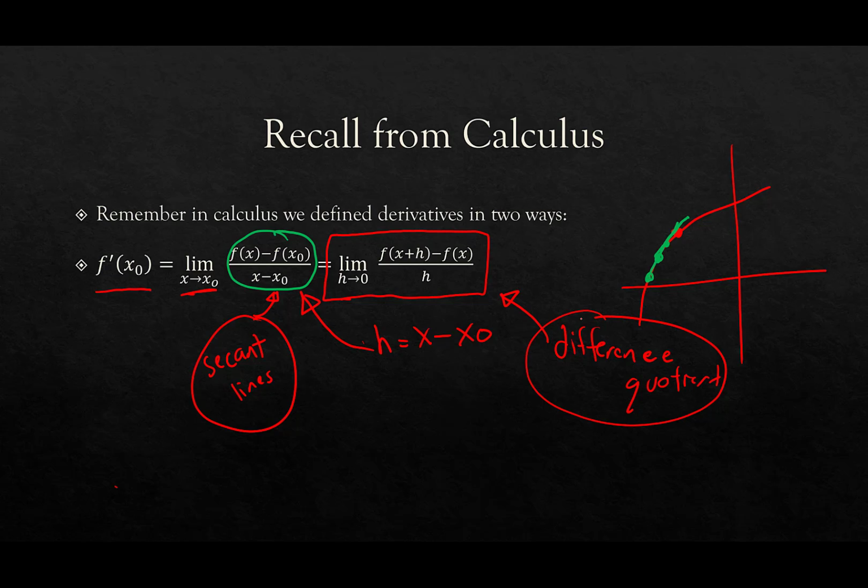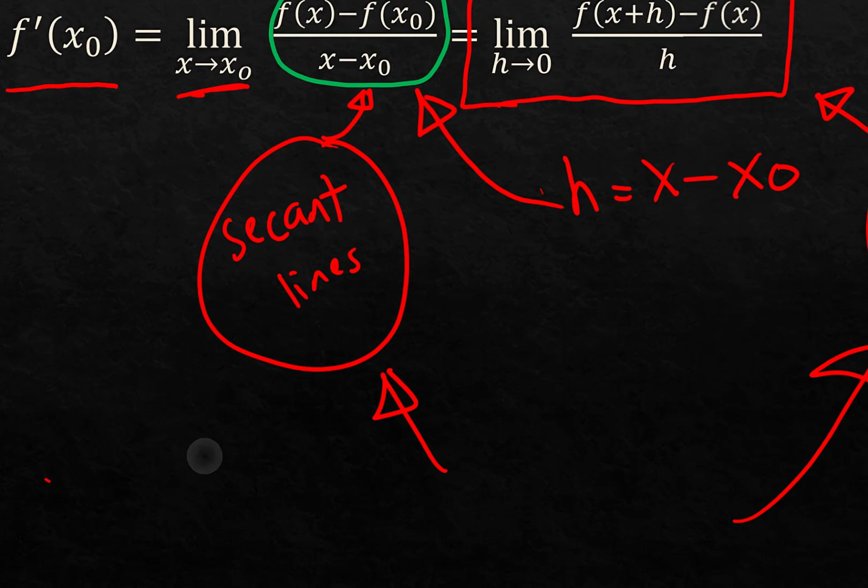Now, the reason we had two different definitions is that for certain functions it's better to use this definition, and for certain functions it's better to use that definition. And we're going to proceed the same way. Sometimes we'll be using this one over here, and sometimes we'll be using that one over there. It just depends on the setting or the functions we're dealing with.